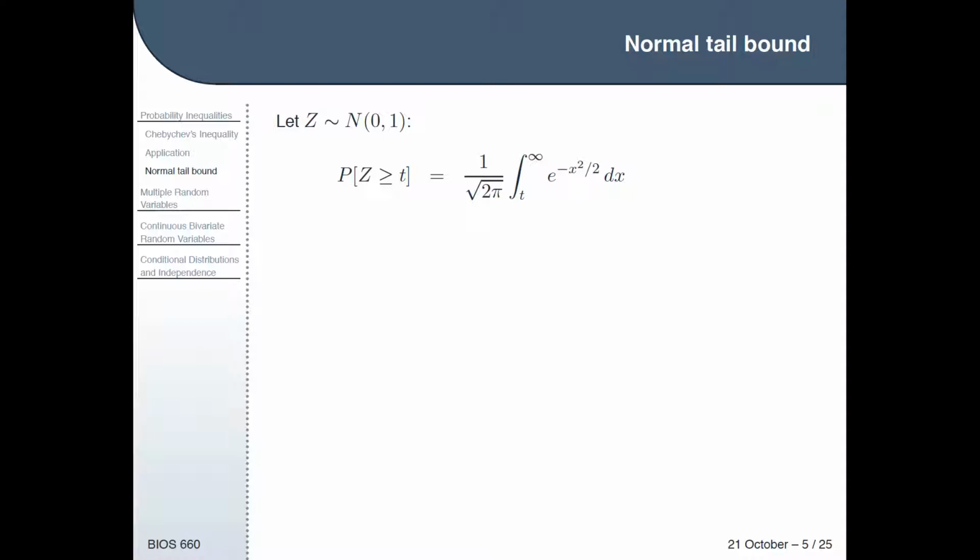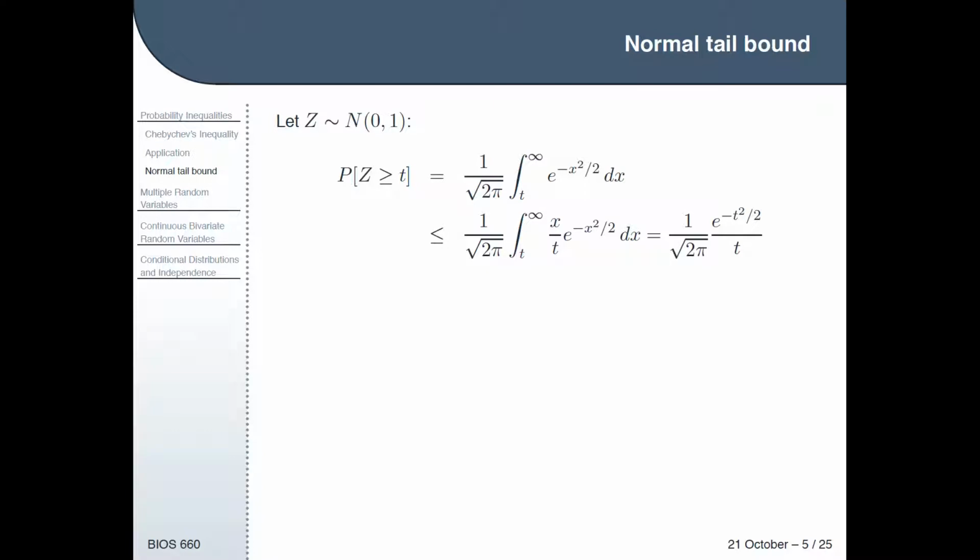Well, hopefully remember, if you want to calculate the probability that this standard normal random variable is greater than or equal to t, that's going to be the integral from t to infinity of 1 over the square root of 2 pi of e to the minus x squared dx,